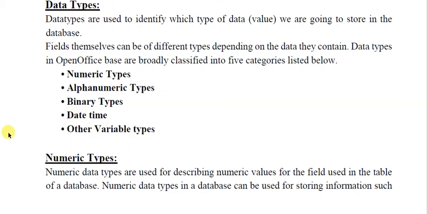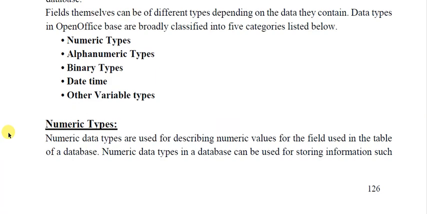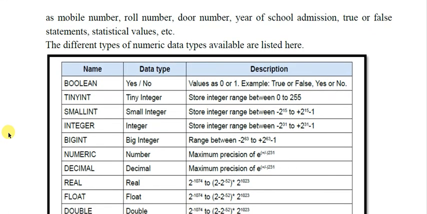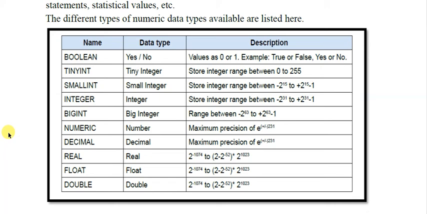So first let us come to the numeric type. In numeric type there are two categories. One is whole integers, whole numbers, and the second category is numbers having decimals. Okay. So here we have many data types to deal with numerics. First one is Boolean, which can only have two values, yes or no. Okay. Yes is represented using 1 and no with 0.